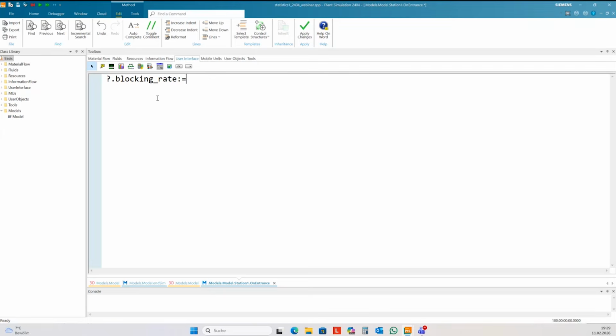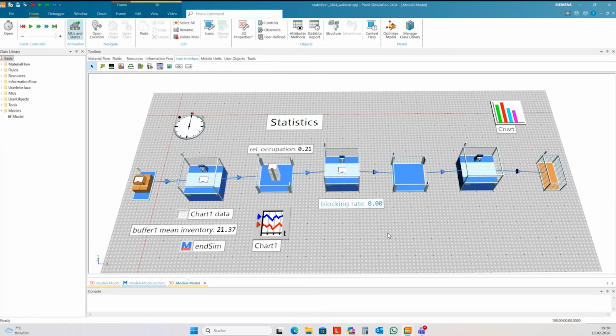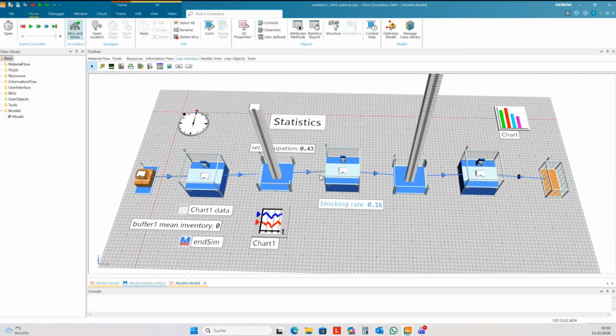This is just the start blocking portion from the standard statistics values from the station here. And now if I run the simulation, you see the values changing, and so you can bring all statistical values you need here near the station.